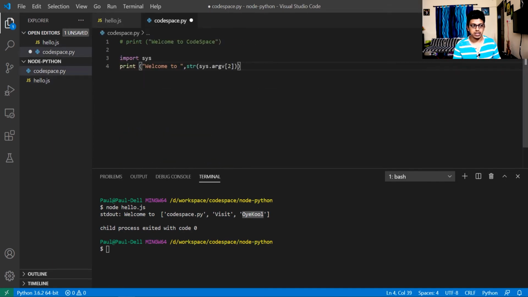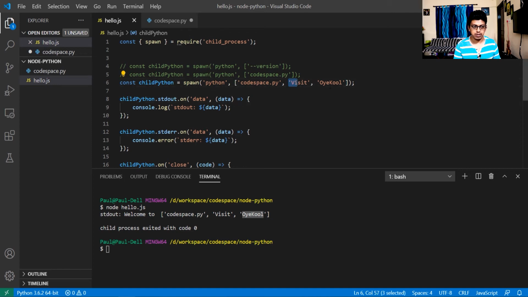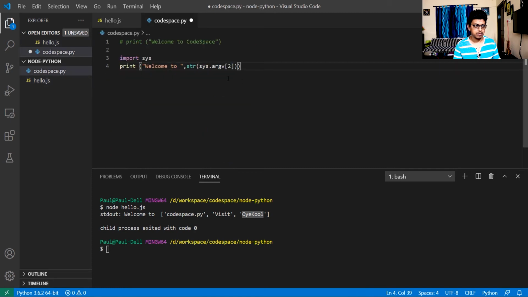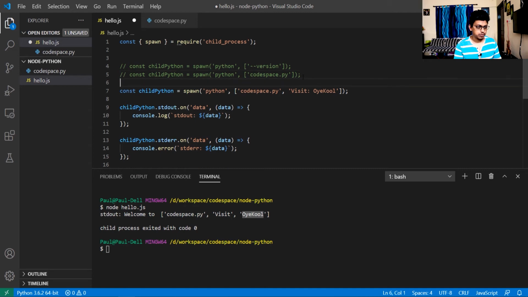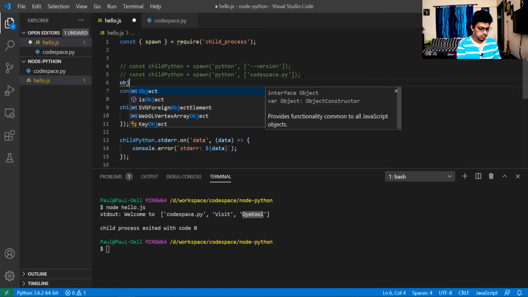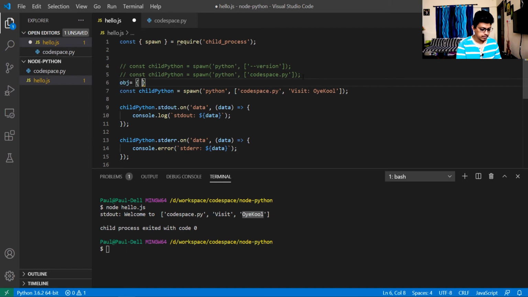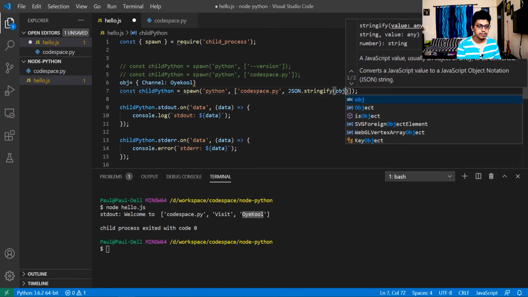We can even pass JSON format by stringifying it. So let's see. I will just keep it open and create a JSON object with channel oracle, and if we want to pass it, we need to stringify it, JSON.stringify and pass the object.